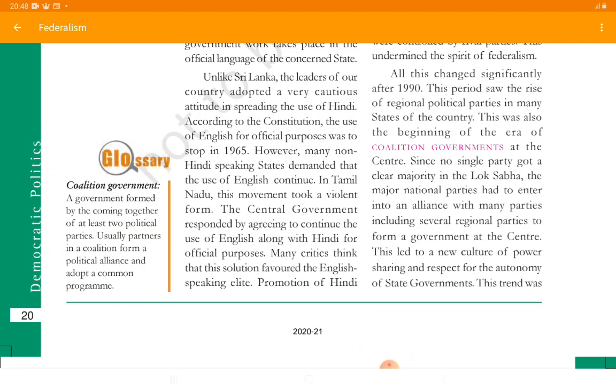So if now any opposite party in central government and state government is in coalition with another favorable party of state government, then there will be no such domination, because both the parties are ruling together. So no such domination is imposed on the state government. This trend was